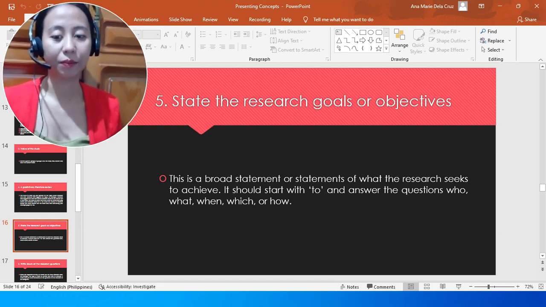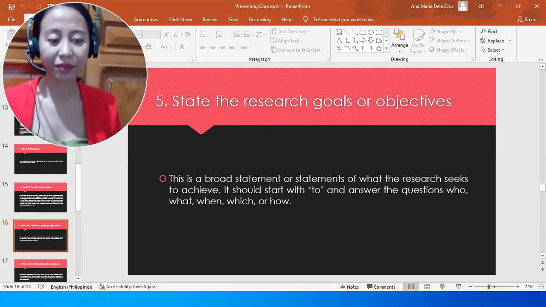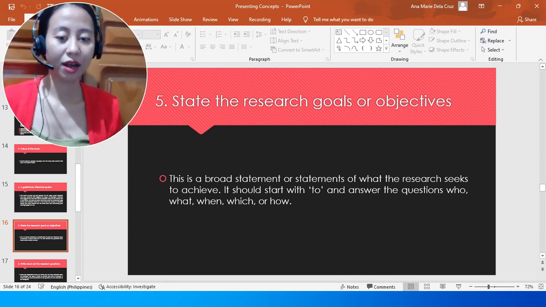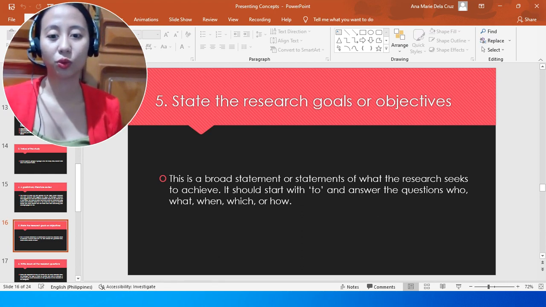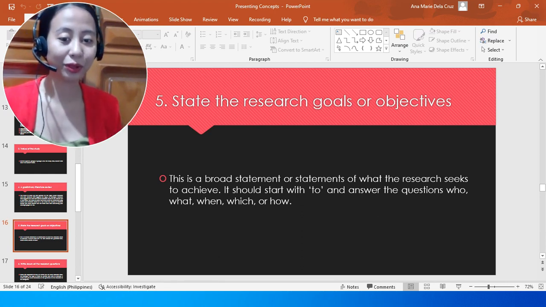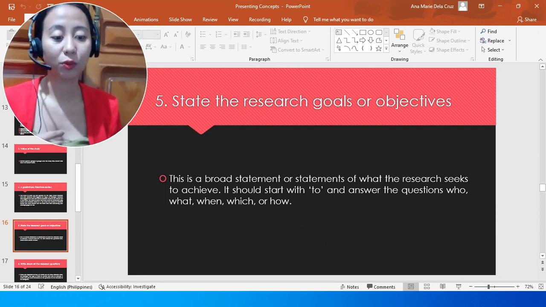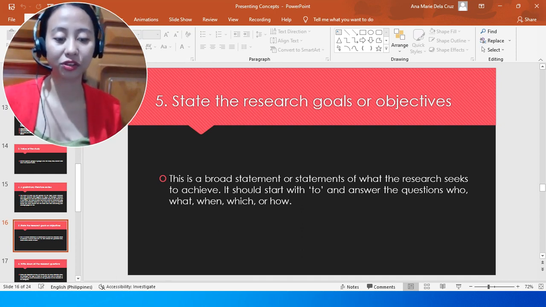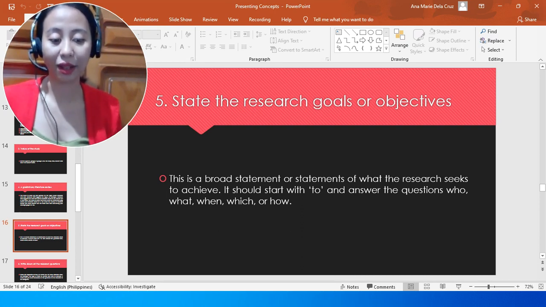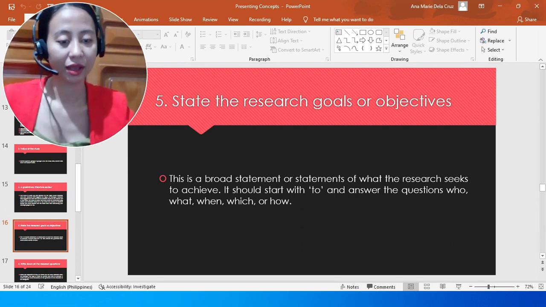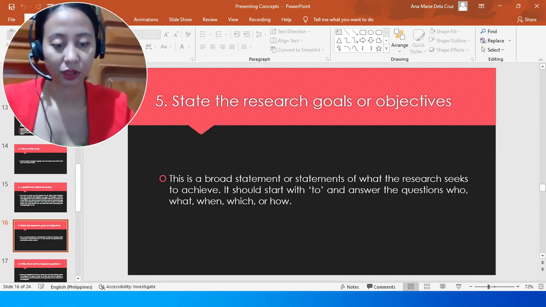Kunwari, to elaborate the meaning of something, to enhance the skills of workers, to educate people. It should start with the word to and answer the question who, what, when, which, and how. Those WH questions. Who, what, when, which, and how. That is about the goals and